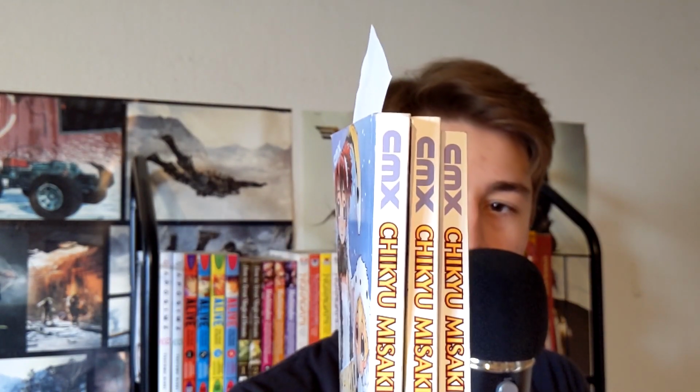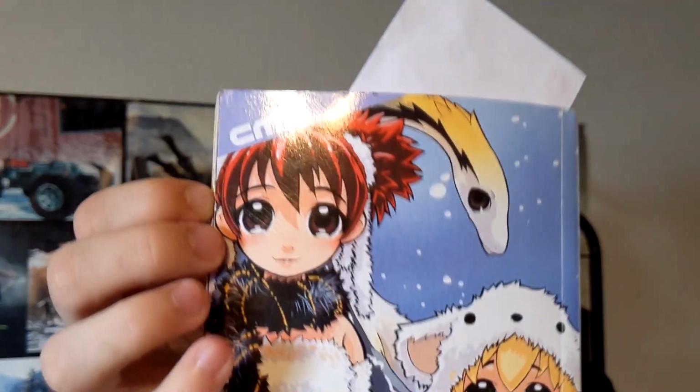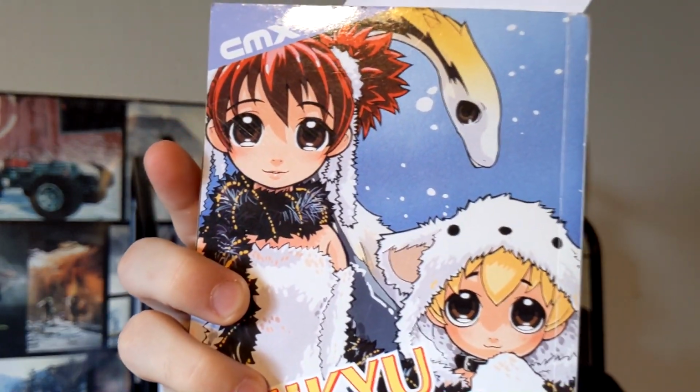Let's get on to the next volume. Alright, next up we have Yuji Iwahara's first work, from what I know, Chikyu Misaki. This is a story about this girl right here who moves to a new hometown and ends up finding the Loch Ness Monster, which is that kid right there who can change into human form via what I found by kissing or something like that, by breathing into him. It was weird, the first thing of how it happens, but yeah,